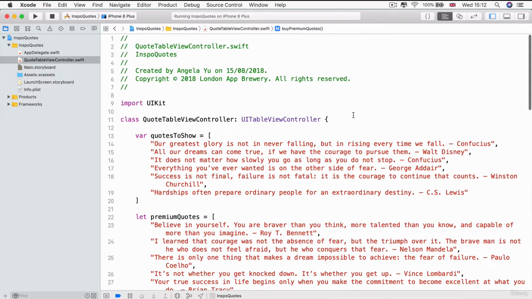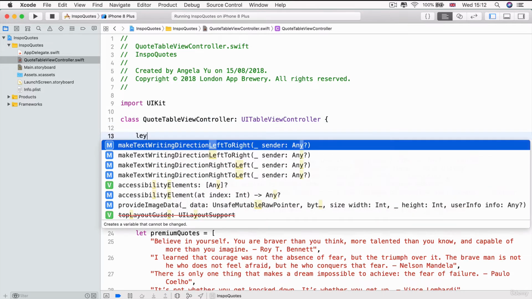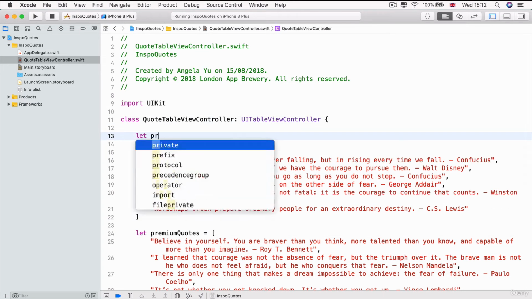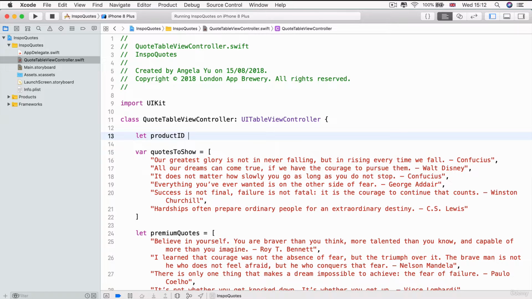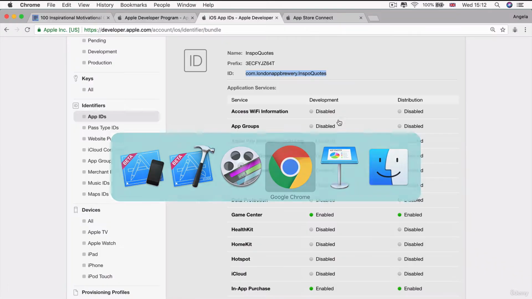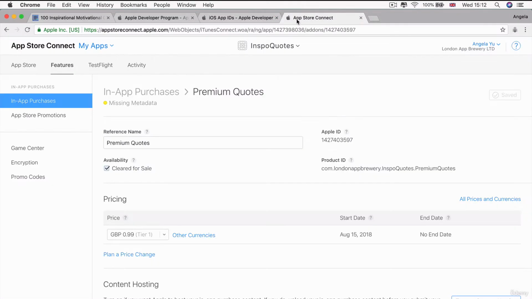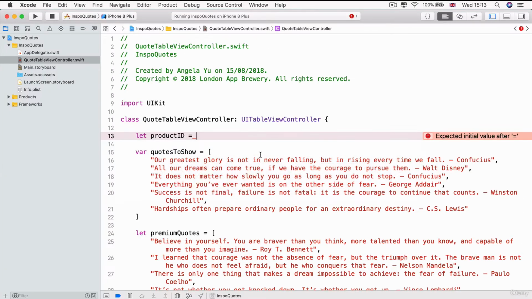So first of all, we're going to create a new constant that is going to be called our product ID. And that ID is the same as the ID that we put into App Store Connect. Under features, in-app purchases, we've got that product called premium quotes, and this is the product ID that we want. So I'm just going to copy it over to our code here, and I'm going to put it in just